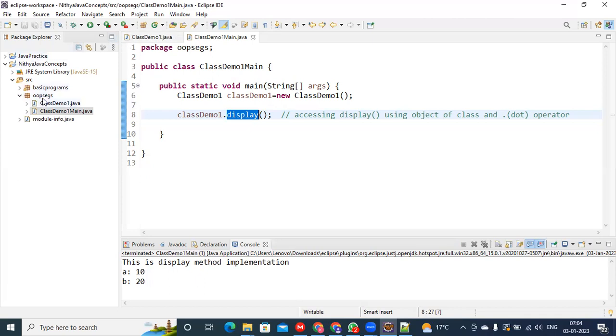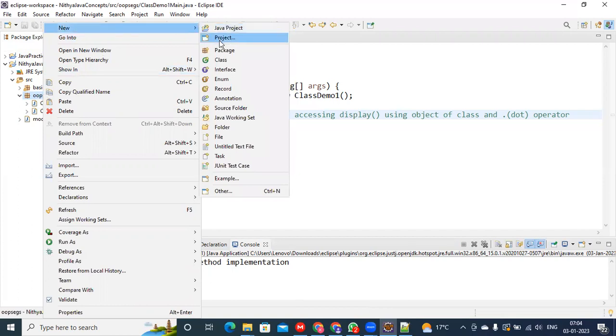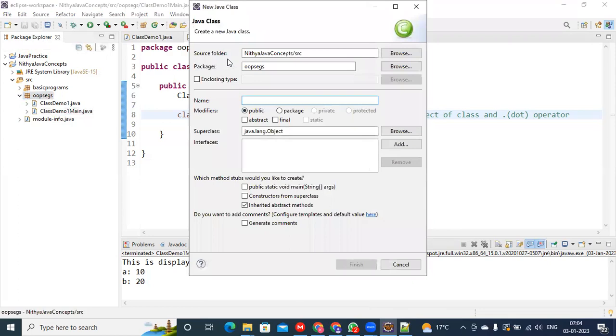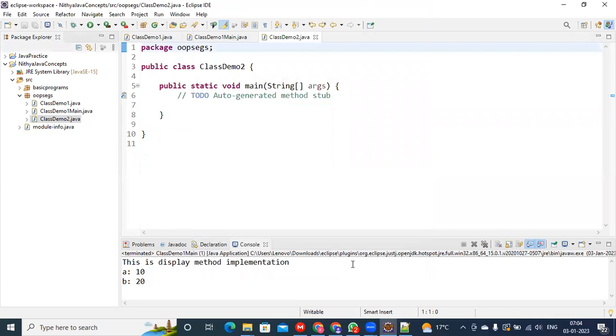So instead of that, we'll take only one new class. I'll take class demo 2, and I am taking the public static void main. So here first, what I'm going to do is,